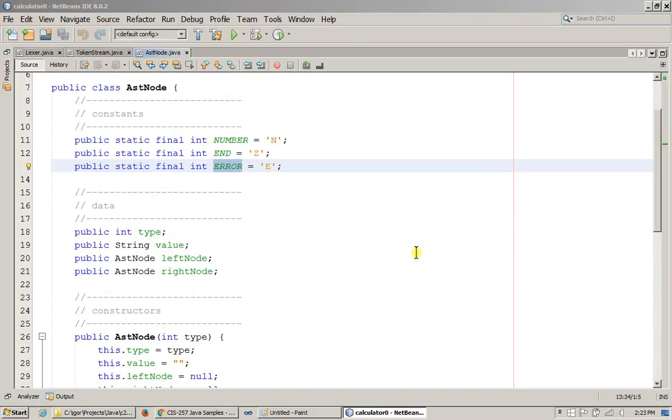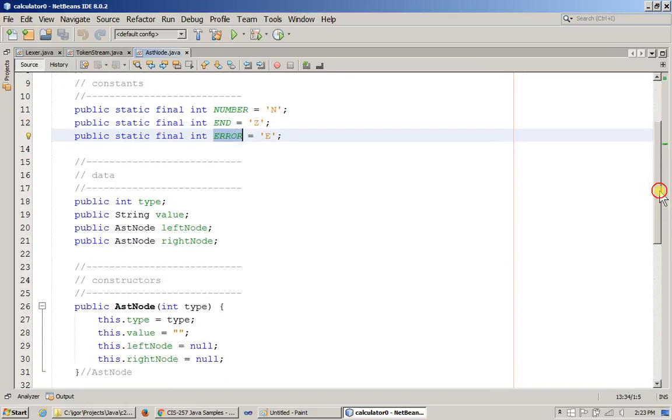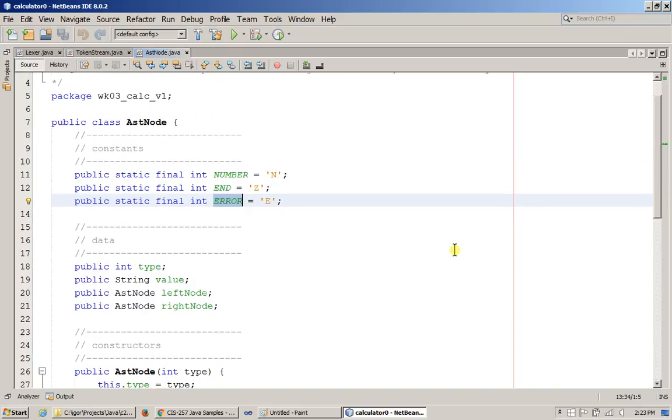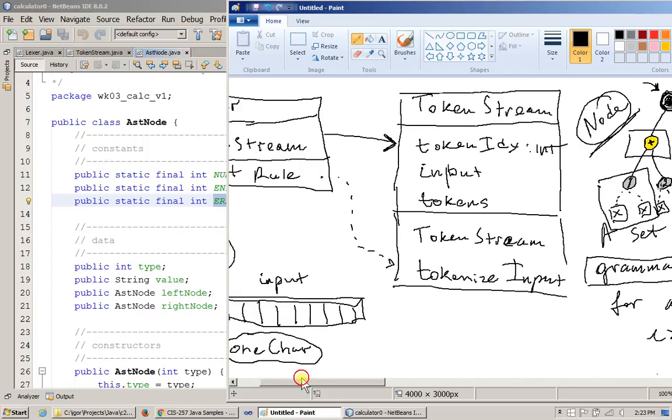So I should make a note that the structure of both of the classes, the token stream and this node, is just trivial. What may be non-trivial or somewhat less trivial is the way we intend to use these classes. The node we're going to use to construct trees, and the token stream we're going to use as a navigable set of tokens that we want to proceed with. So, back to